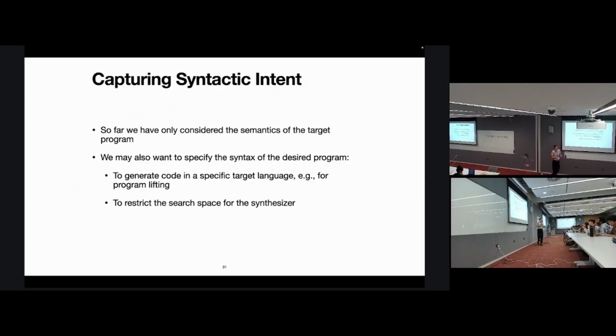I've also only considered semantic intent. We also need to talk about syntactic intent. So many times it's enough to just say, I want a program, the program should work. But a lot of the time we care about what the syntax of the program is as well. So this might be as simple as I care about the language it is in, but it could be a lot more complicated than that. It could be that you want a program in a particular subset of a language, perhaps. So yesterday we saw some of the Hacker's Delight examples where you have calculations manipulating bit vectors,